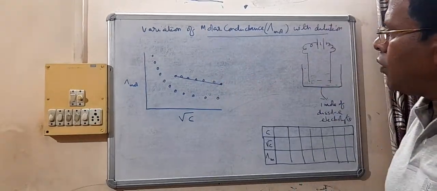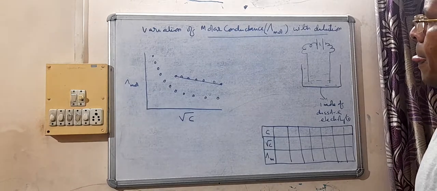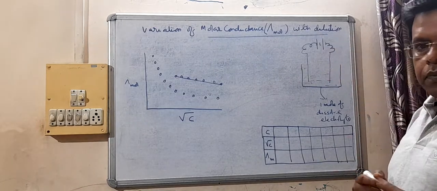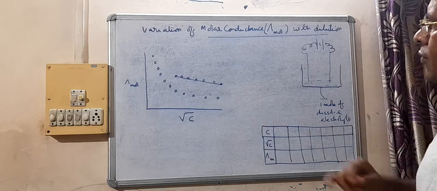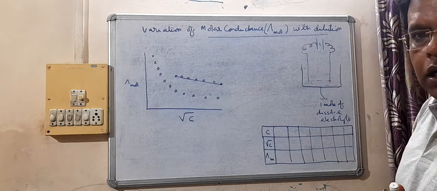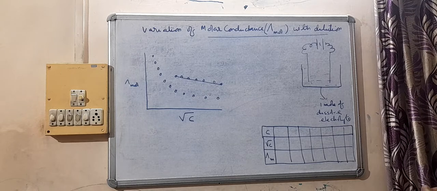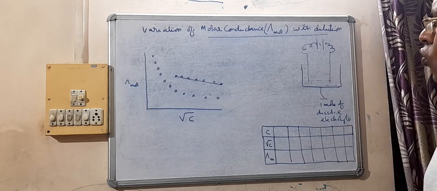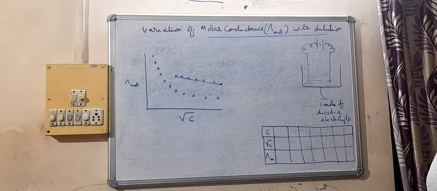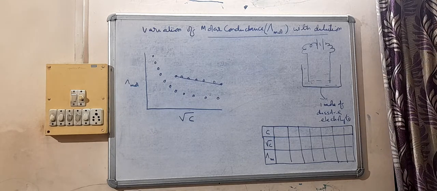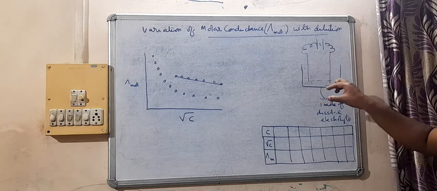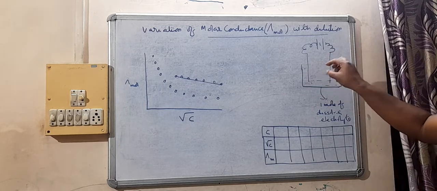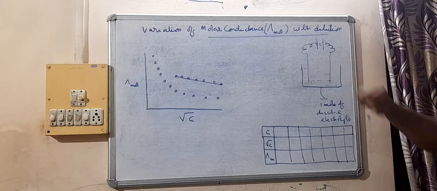Okay, children, today we are doing this topic here, variation of molar conductance with dilution. In the previous class, we had defined molar conductance. Molar conductance is basically the conductance of 1 mole of dissolved electrolyte. So suppose this is our conductivity cell and we have here 1 mole of dissolved electrolyte,